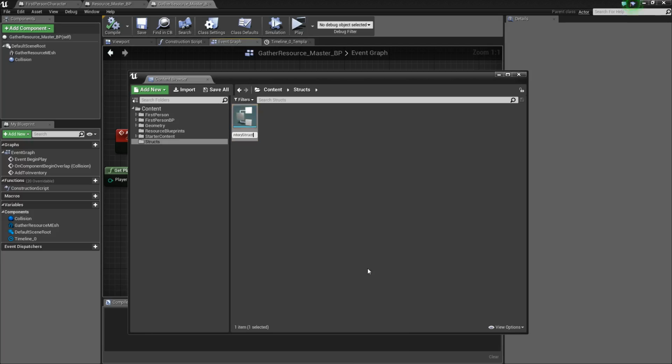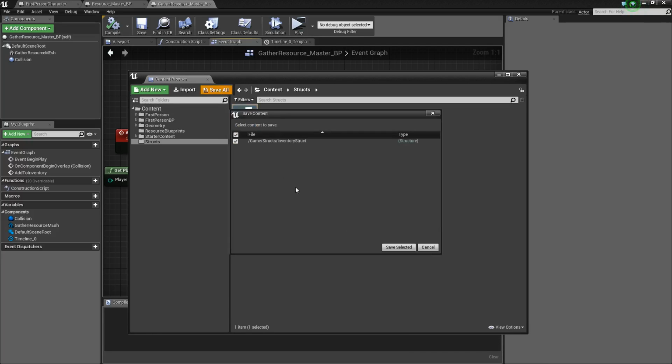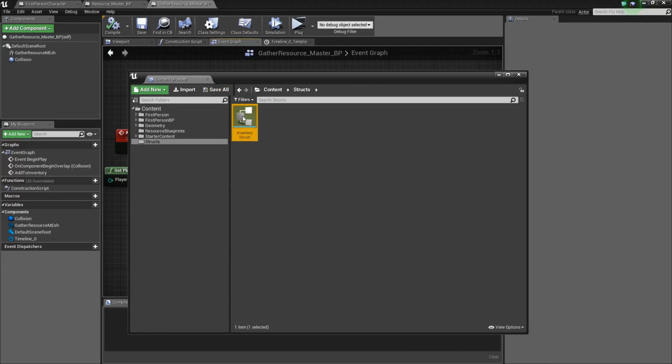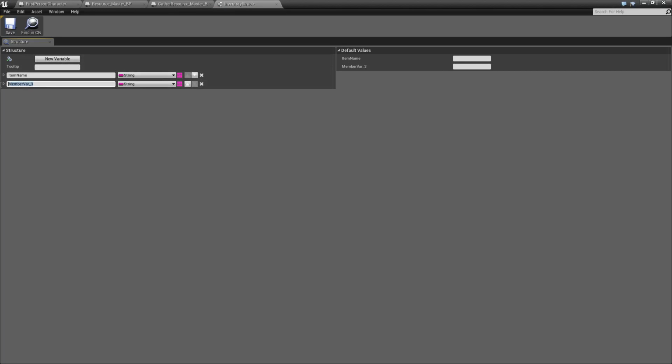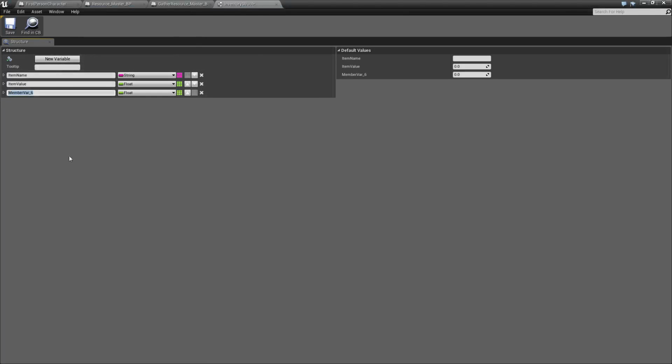Inventory struct. So I want to do item name, item value, item weight,